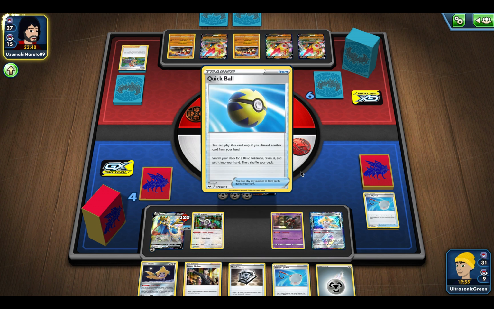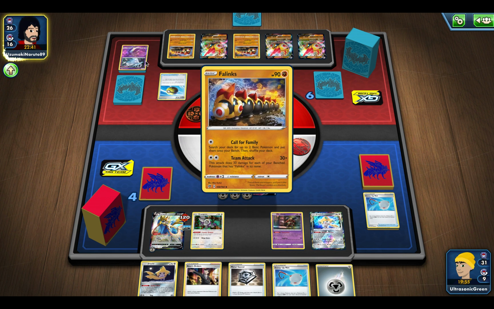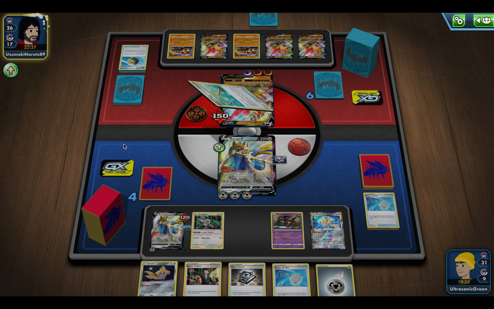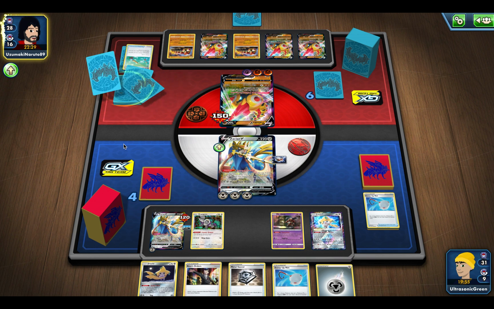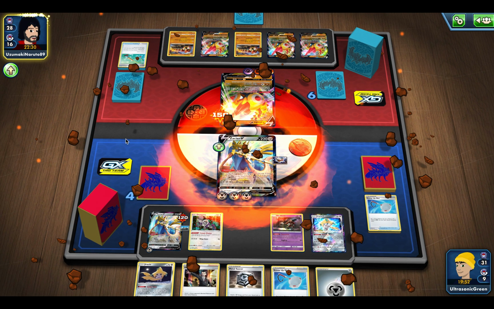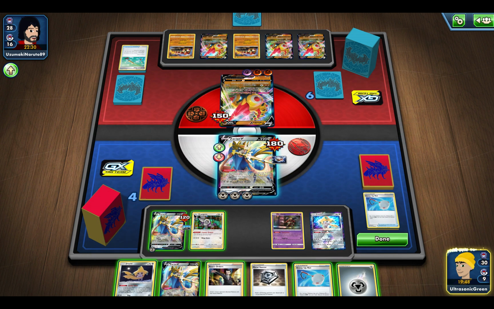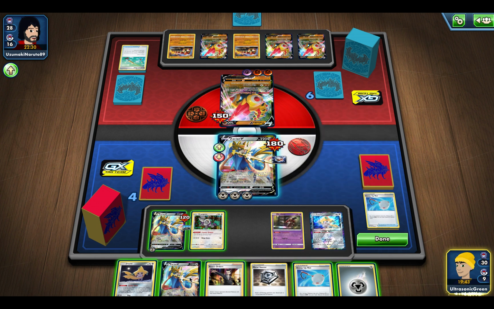Okay, that's interesting. I'm not really sure what kind of crazy techs they're running here, but Nihilego. Wow. Okay. Let's see. Dang. Okay, that is a very interesting inclusion. Really like to see that. We could even slap this Phalanx if we wanted to. Yeah, that doesn't care, right? Okay. So, 180 damage. We find another Zacian V. That's cool, but...